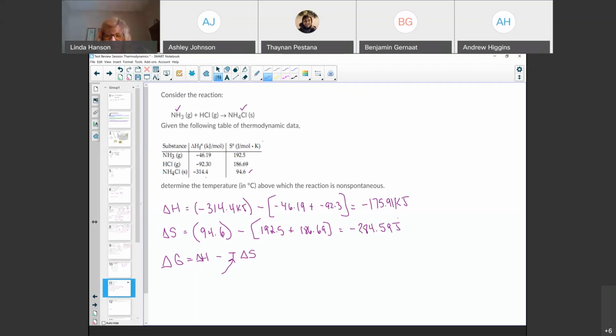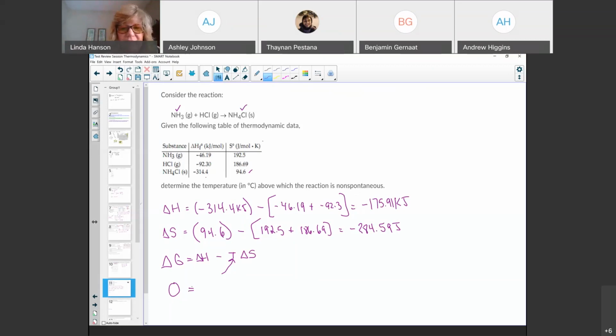Okay, so I have a delta H in kilojoules, the delta S in joules, and I'm trying to solve for the temperature at which it will become non-spontaneous. The trick with this type of problem is to put delta G in at 0. When you do that, you're finding the breaking point for the reaction that will favor forward or the reaction that will favor the reverse. The reverse reaction would be non-spontaneous. So put delta G in at 0 and let's solve for the temperature.